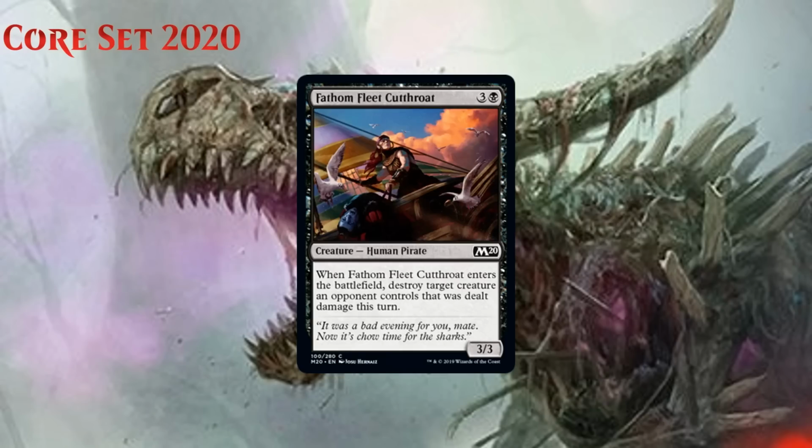Next up, we have Fathom Fleet Cutthroat, which for 3 generic and a black is a 3/3 human pirate at common. When it enters the battlefield, you destroy target creature an opponent controls that was dealt damage this turn. This sort of effect almost always seems to underperform, especially on a creature that isn't very efficient to begin with. We did just recently have Vraska's Finisher, which was pretty solid, but that's because she could also kill planeswalkers, and there were a ton of them in the set, and she was a 3-mana 3/2,